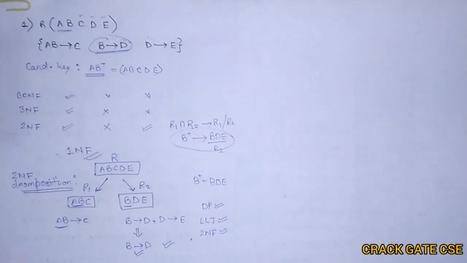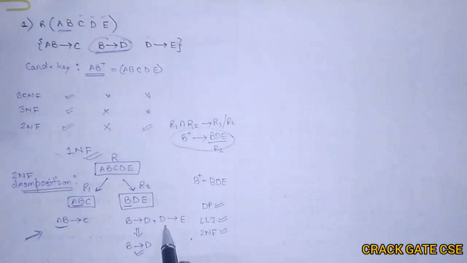Now let's check whether this decomposition satisfies 3NF, because now we have to talk about 3NF. We are done with the 2NF decomposition. Let's check that AB to C is okay because this is a key. So 3NF is satisfied in this functional dependency. But check here, B to D: B is a key. In 3NF, either the left has to be a key or the right has to be a prime attribute, right? So B to D is okay.